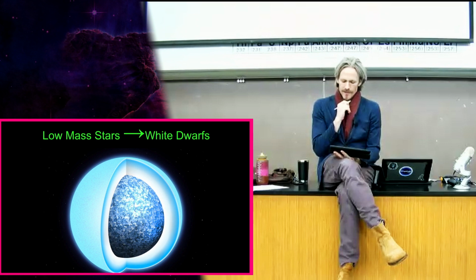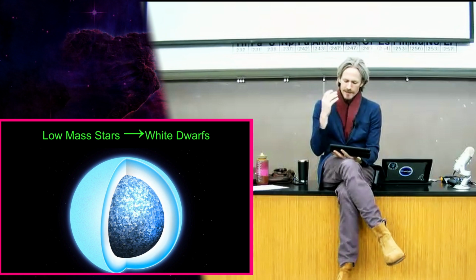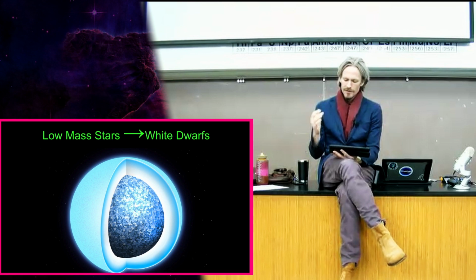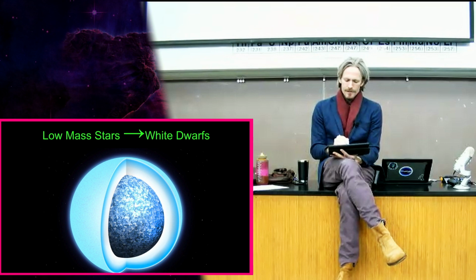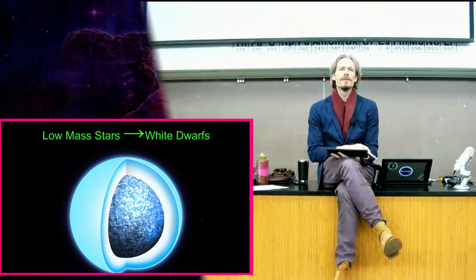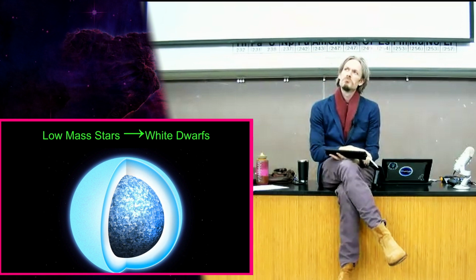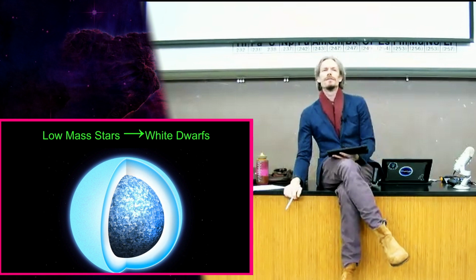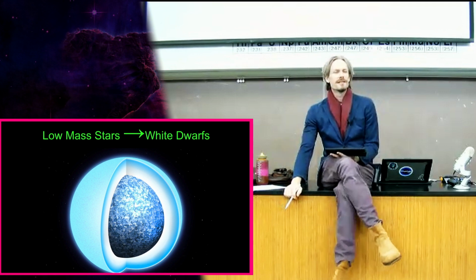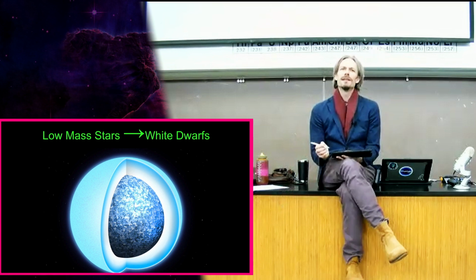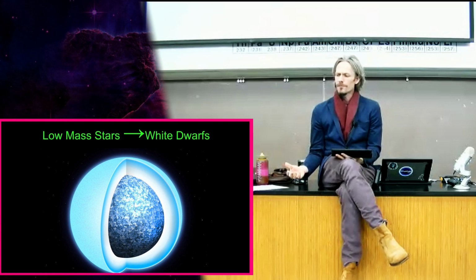Because the central region of these white dwarfs is still a mixture of carbon and oxygen at the end of the day, especially as it cools off. There's a thin envelope of helium. And so you might imagine, what would this thing look like after 1 trillion years after it cooled off? It's like, well, a big ball of carbonaceous rock, maybe something that would look something like an asteroid or a moon or something like that, which is quite interesting because we're going to play with the age of